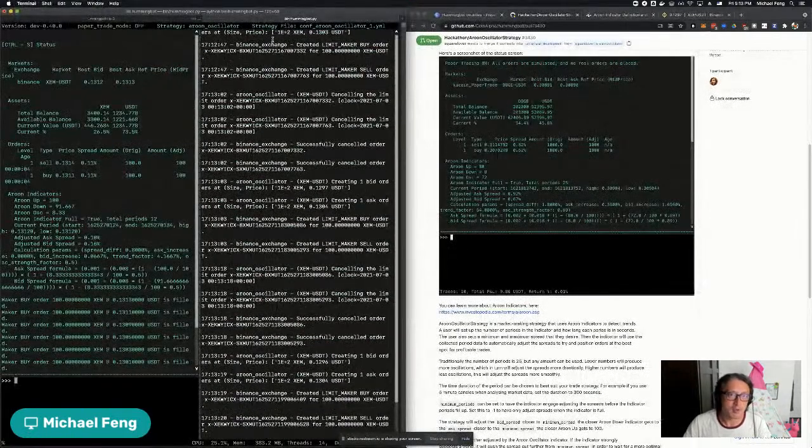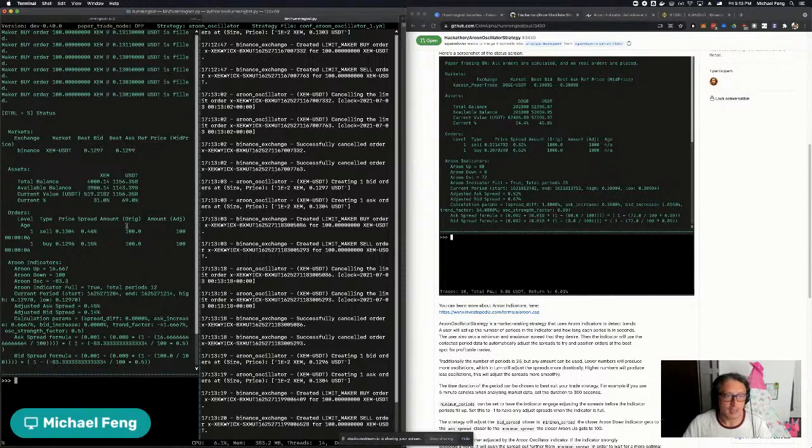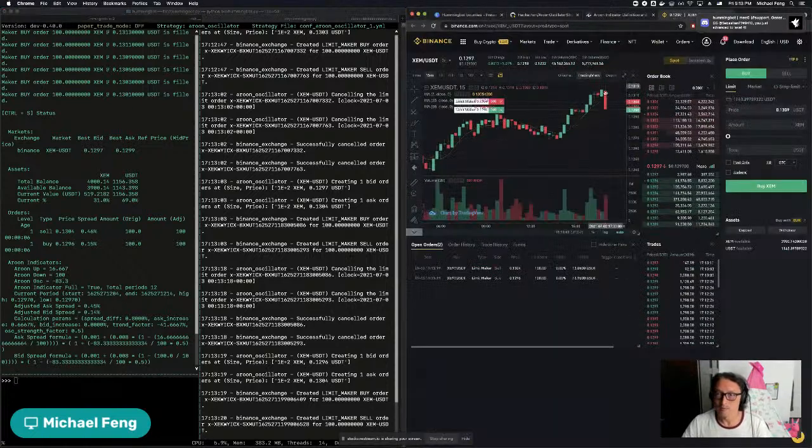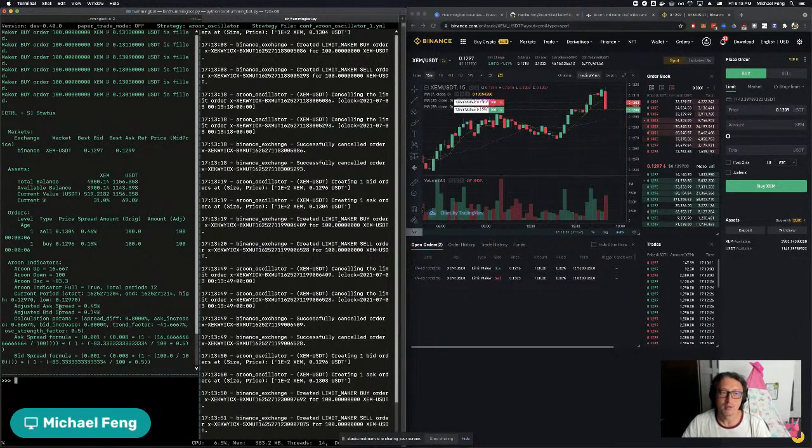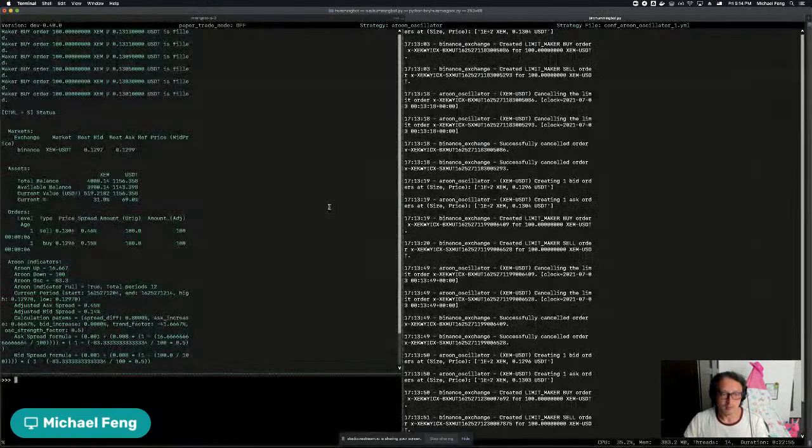So I actually have the strategy running over here. Let's see what it's doing. As you can see, it's running live over here, and right now the up indicator value is 617, and the down indicator value is 100. So I believe it's saying that the market is at a downturn, and that's why it's adjusting the spreads based on that. So let's go ahead and actually start the bot again,